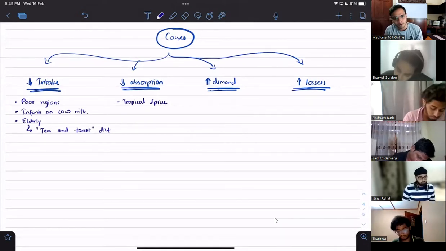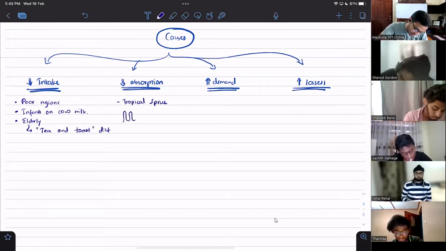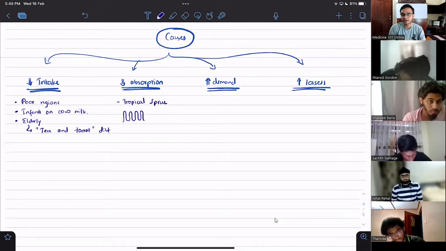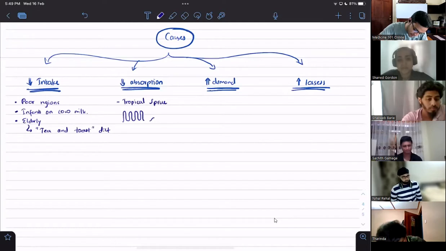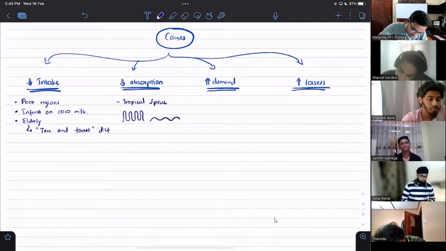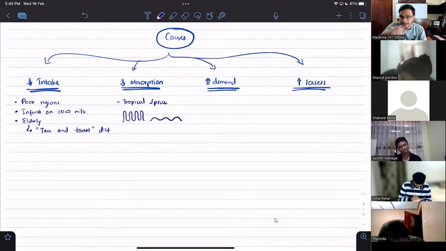In our normal GI tract, the villi are nicely like this. This is what the villi look like. In tropical sprue, due to some problem, the villi are flattened. So surface area for absorption is less. So that is one condition: flattened villi, tropical sprue. It's a GI mucosal cell atrophy, a gastrointestinal mucosal cell atrophy condition.